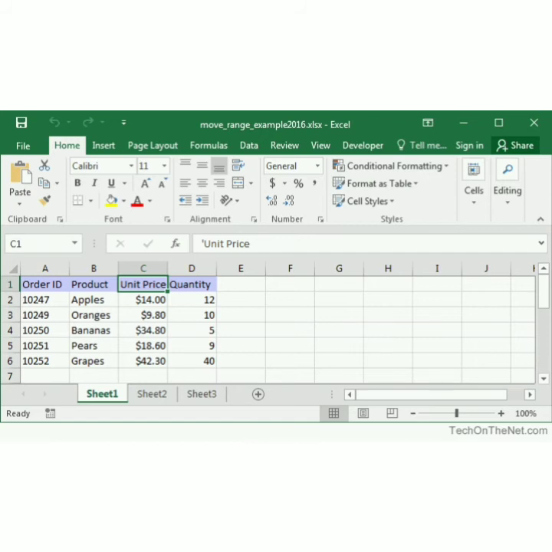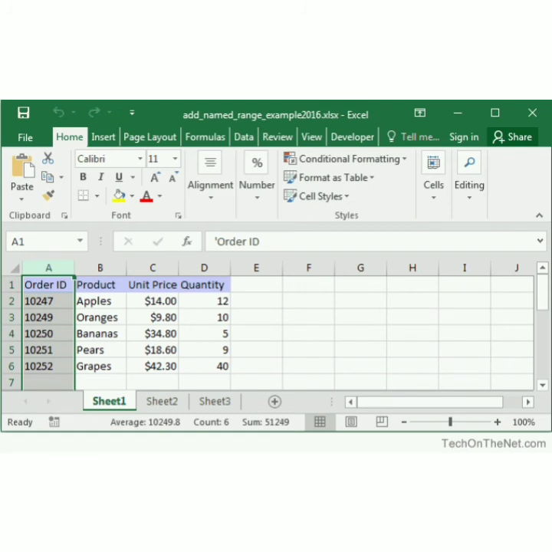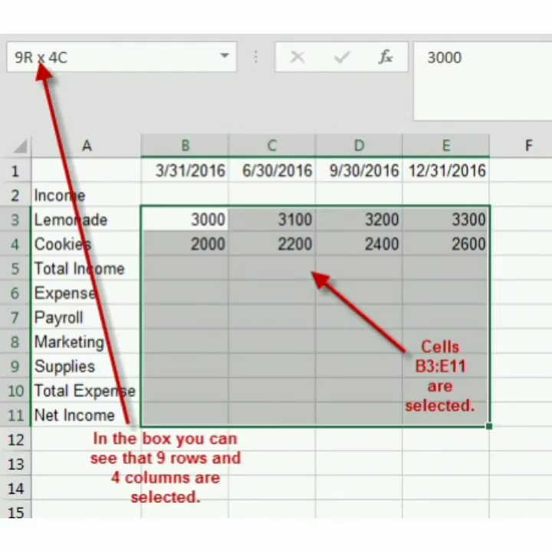Next is row range. Row range refers to the range of cells spread across the rows. In this type of range, the row number is constant, whereas the column letter varies. Next is row and column range. This type of range is in the form of a matrix, including multiple rows and columns.